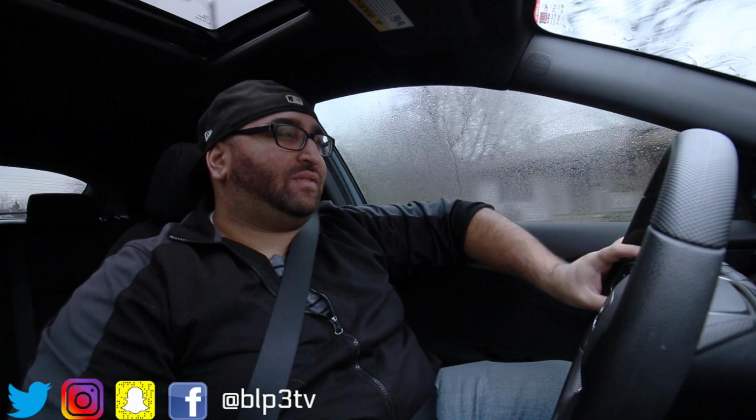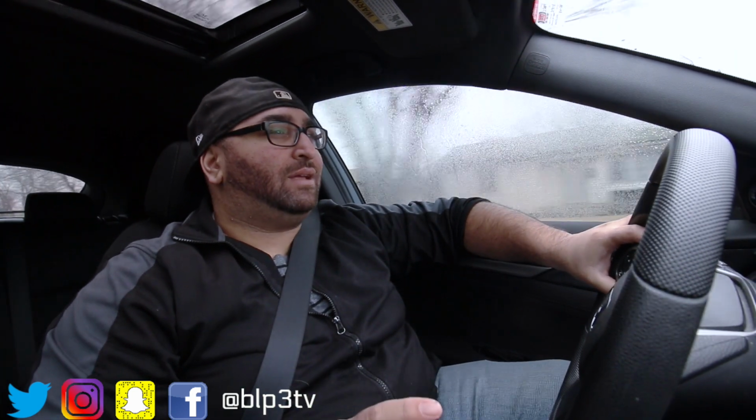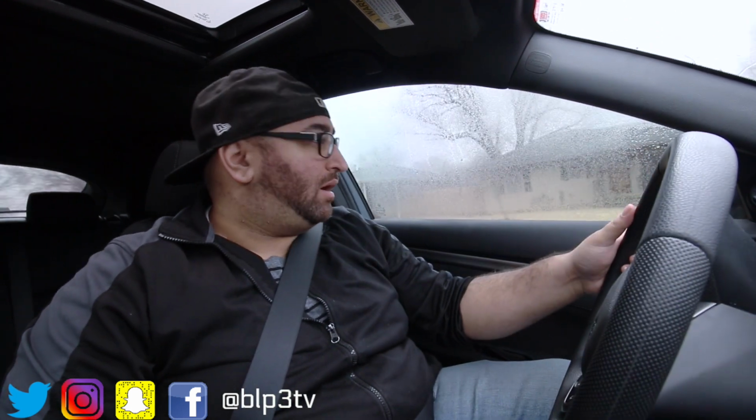2017 Honda Civic Hatchback. Now, a lot of the things that I don't like about the car are basically niche for the EX model. And if you're not familiar with the EX model, I've got the bigger touchscreen. I don't actually have a volume knob and all that good stuff in this model. And then obviously it's not the Sport model, so I don't have the dual exhaust. But